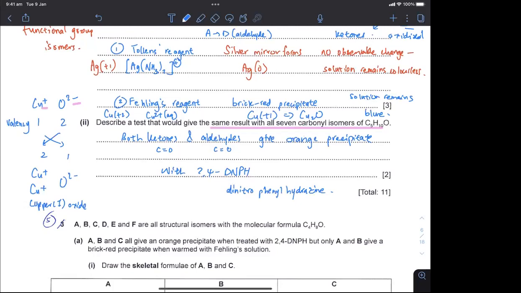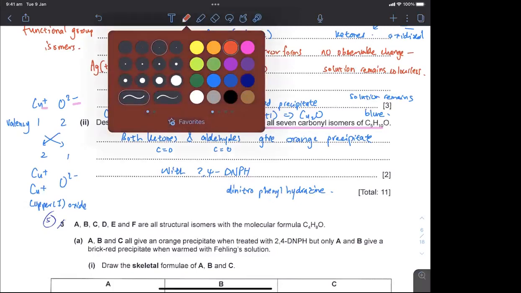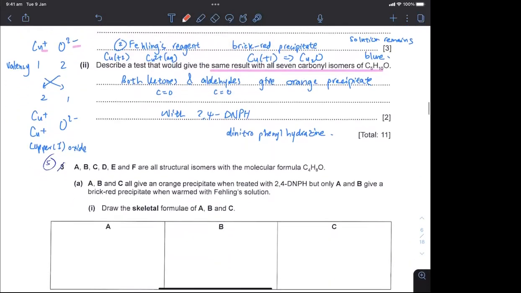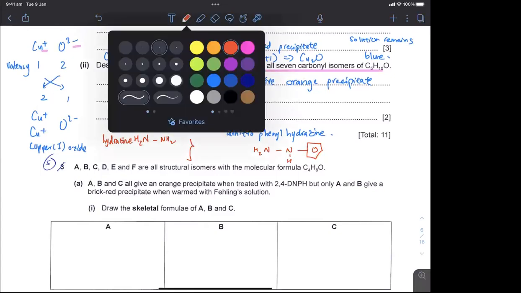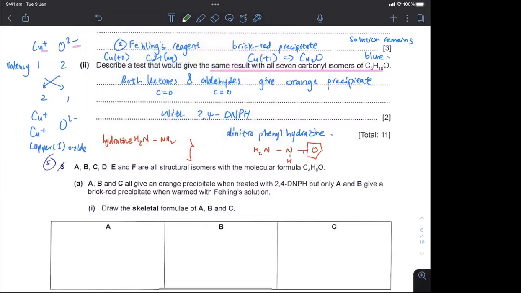In A2, you've already learned about phenyl, I believe. So what happened is hydrazine is NH2, NH2. This is just your normal rocket fuel, hydrazine. So when you have dinitrophenylhydrazine, what you get is NH2, NH, and then I replace one of the H with a phenyl. Phenyl is C6H5, but I have dinitro. Nitro is NO2, so that is position 1. So this is